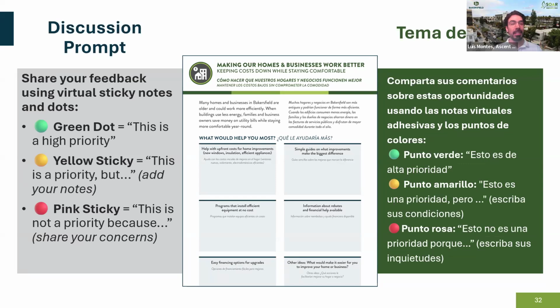We have a yellow sticky, where you can type directly into it, which indicates that this is a priority, but then you'll share why. So maybe you like the idea, but you have some concerns. And then we have a pink sticky, which tells us that this is not a priority, and then you'll tell us why. Tell us why maybe you don't agree with it, or why it won't work